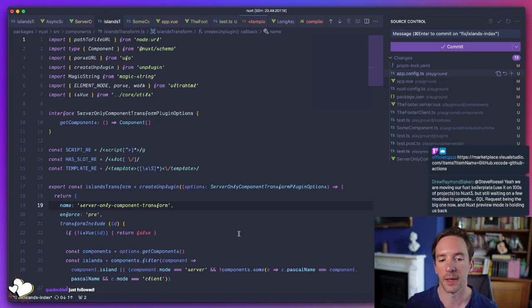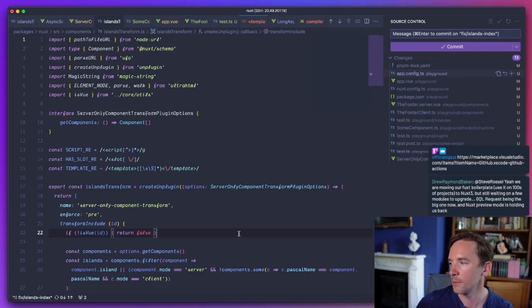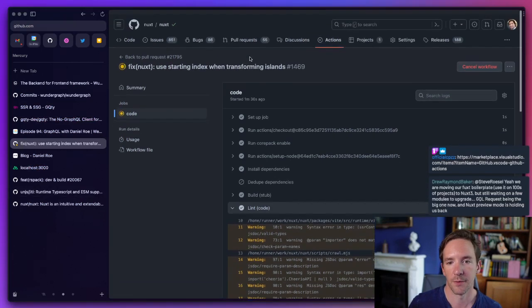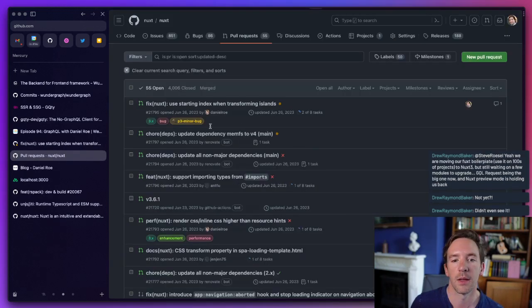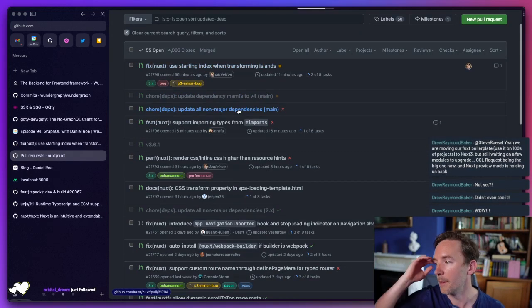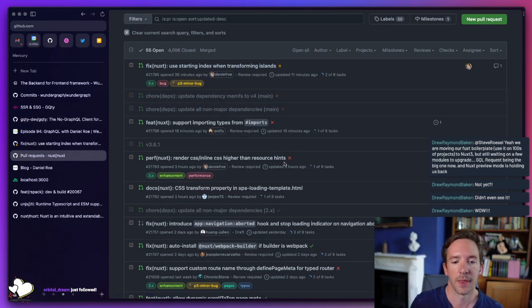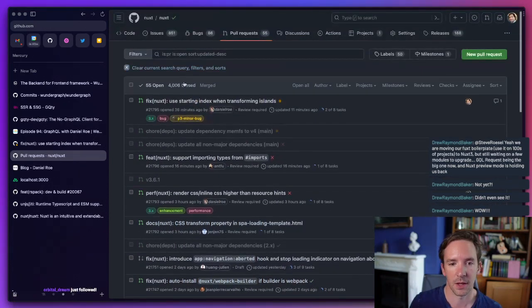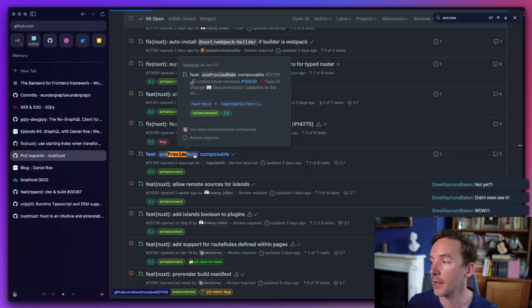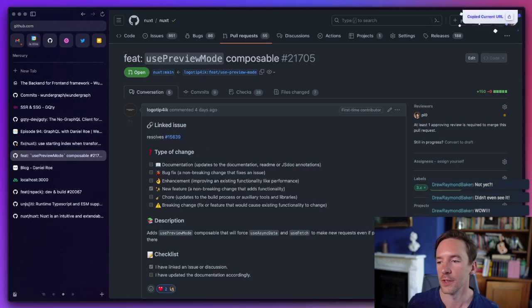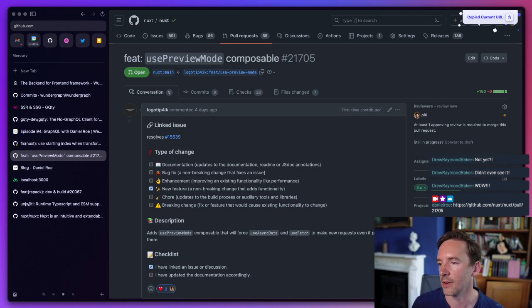Nuxt preview mode, by the way. Drew, I don't know if you had a chance to test the PR that's been opened, but there actually is a PR now for preview mode. So it needs feedback. We're not going to release it until the next major, so we've got about a month. But there is a preview mode. I'm sure I haven't reviewed it properly, so I'm not commenting on that, but it looks good.